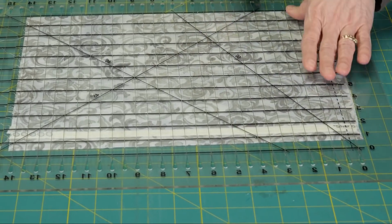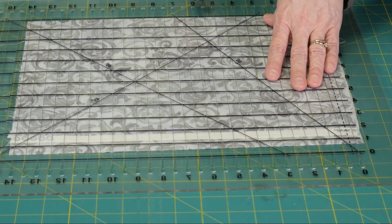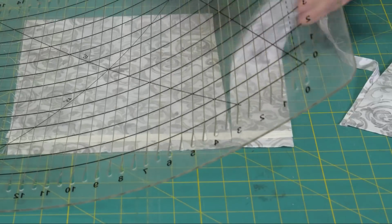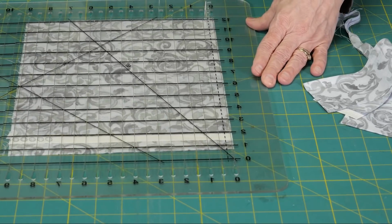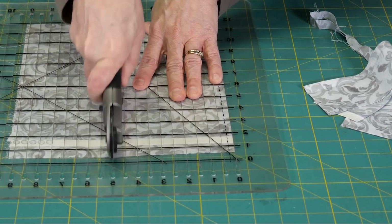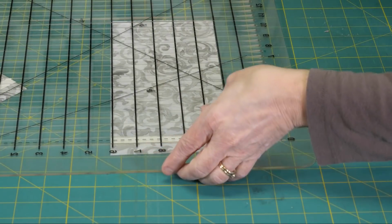Exact same thing. And again, for me, I do 2.5 inch strips, 2.5 inch blocks, and 5 inch blocks. And so the other thing I might do is decide, okay, I'm just going to do these 2 strips, and then maybe I'm going to do some 5 inch squares. And you're just going to do exactly the same thing. I'm just going to cut one, turn around,